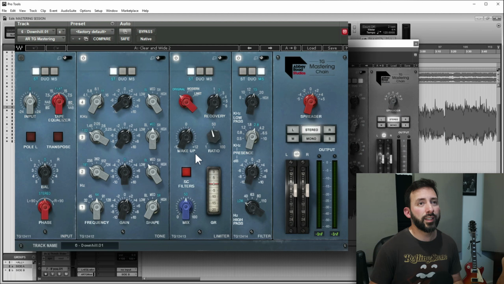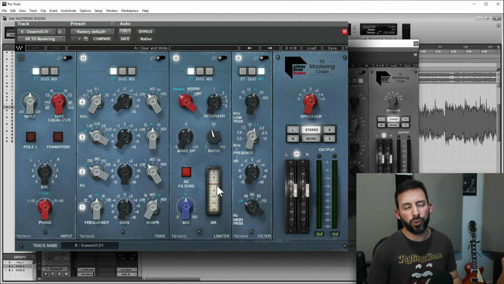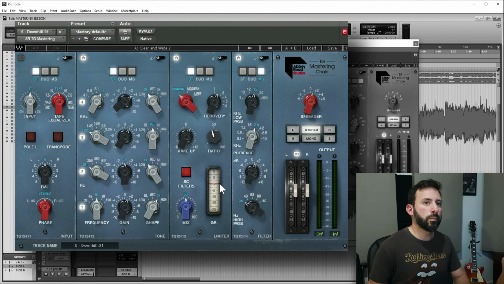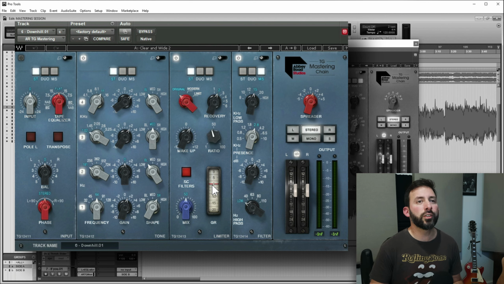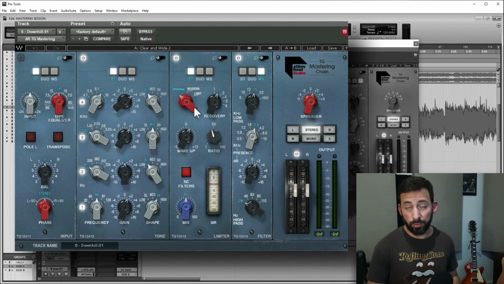It's very musical. Then I have a compressor in here that is taking maybe 1 or 2. No, not 2. Just 1 dB probably of compression in here, and I use it because this is also very musical. It's not aggressive. It can be aggressive if you want. You can use the modern setting here, and it's going to be very aggressive.